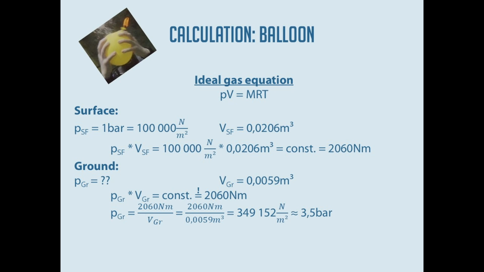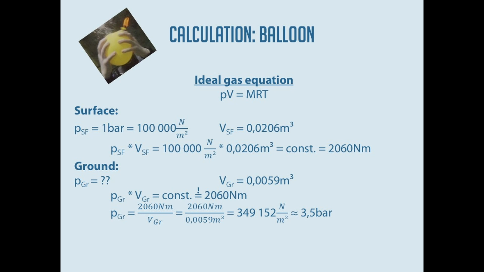This we say now is a constant value, and now we go down to the bottom, and I say we don't know the pressure here. So we know, of course, at 20 meter depth we have a pressure of roughly 3 bar, and now in freshwater it is a little bit different, but the difference is also very small. We have determined the volume before and calculate here again P times V, and say these are the 2060 Newton meters determined before, and can convert this for P, the pressure on the ground, calculate and get,